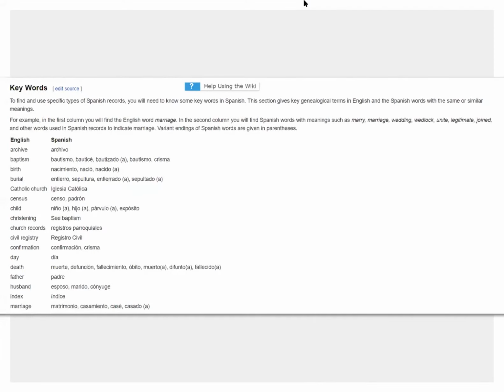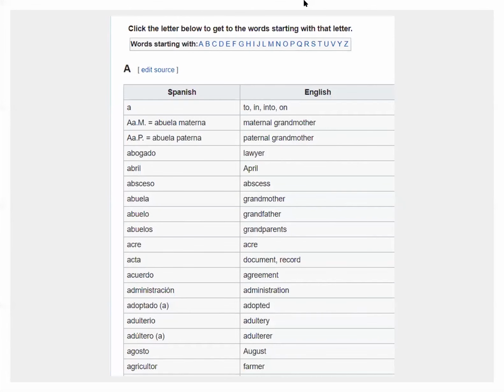But I look here and I see on the left-hand side, I have the words in English and then the translation in Spanish on the side. So if I'm looking and I see bautismo, okay, that's a baptismal record. I see padre, okay, that's dad, madre, mom. I'm recognizing those words. But what if I'm looking at a word and I don't quite know what it's saying,